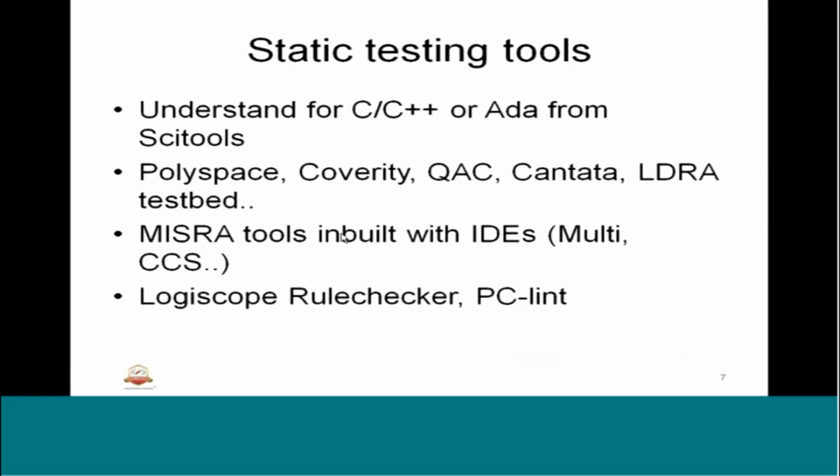It could be telecom, railway signaling systems, automotive or aerospace, etc. One such tool is Understand for C++ or Ada from SciTools. This is a good static analysis tool which will identify